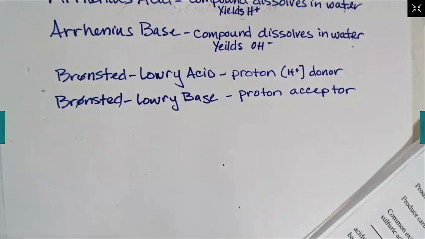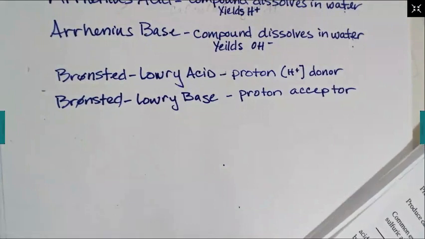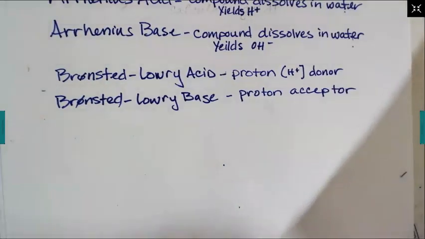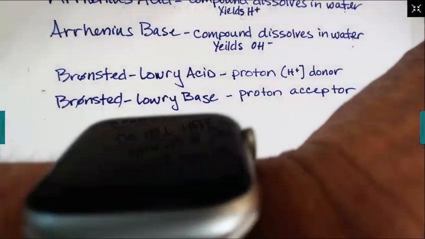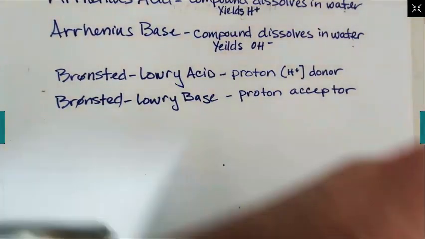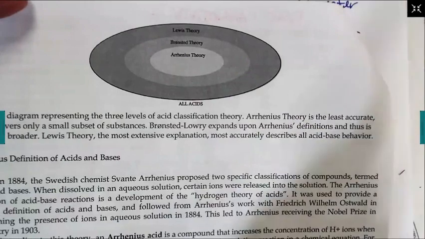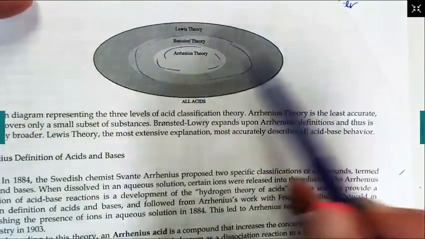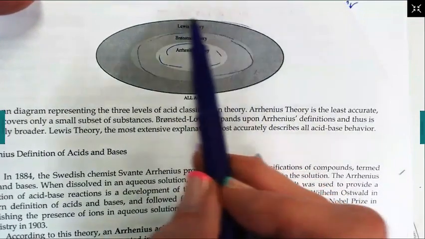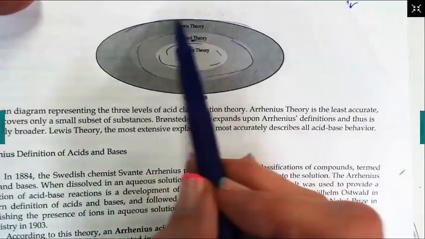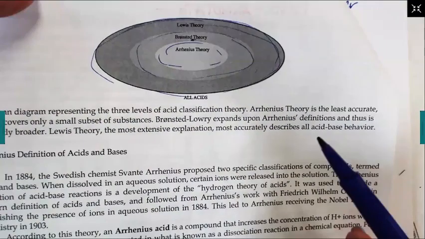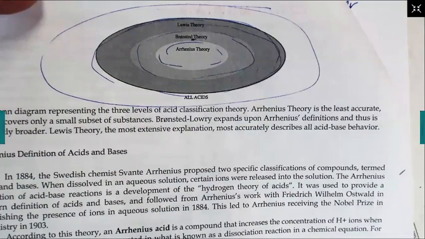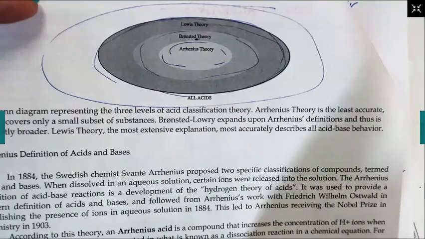As shown in the figure below, the level of the theory expands to include more substances covered under each definition. The closer the theory comes to accurately describing the actual acid-base chemistry, and we are not there yet. If you think back in time, that was Arrhenius, then it got a little bigger with Bronsted, and then the Bronsted-Lowry. And then the biggest one currently is Lewis, and know that your kids will probably be taught another one, right? As science builds on itself.